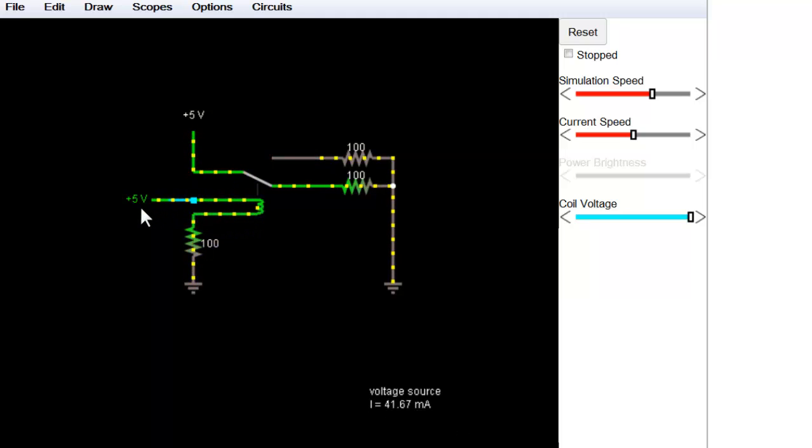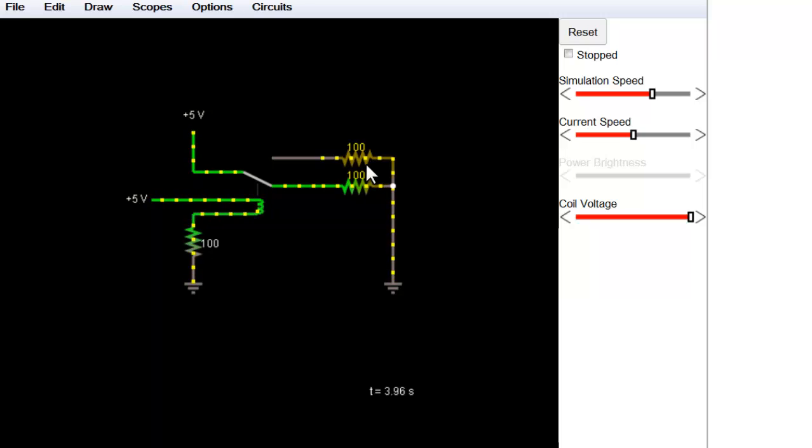Now as the power supply is on, the relay is on, that means the coil is energized, that means there is an electromagnetic attraction for the switch, and thus the switch is towards the normally open condition, and that is why the 100 ohm resistance is getting the supply from the 5 volt power supply, and the circuit gets completed through the ground. Now suppose we want this to happen through the other 100 ohm resistor that is connected over